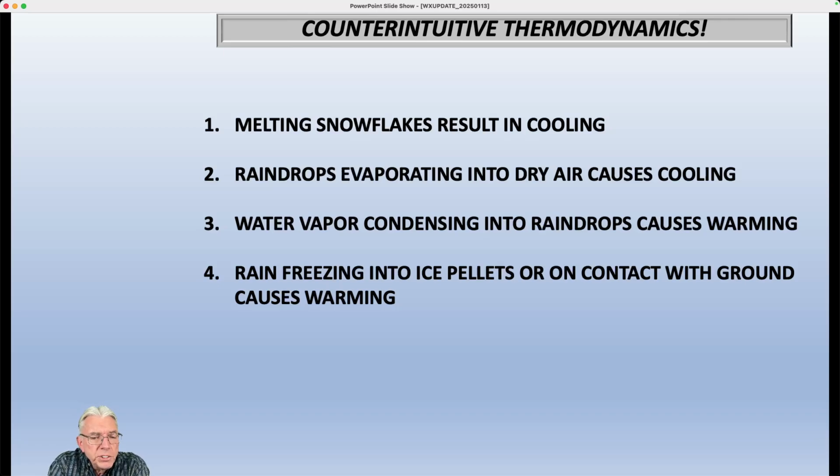And this is why freezing rain is described as a self-limiting process, because the ground is cold, the rain falls onto that cold ground and freezes on contact. But that process actually results in warming. And so as a result of that, the air starts to warm. And so this process of freezing can only go on so long before the temperature will eventually get up to 32, unless